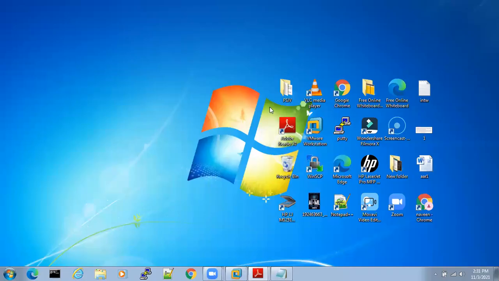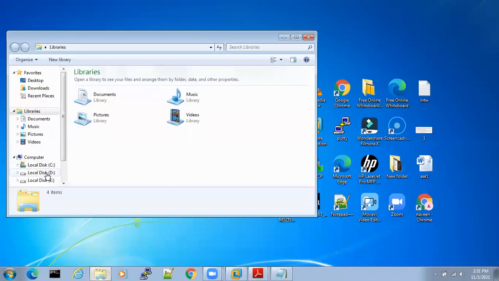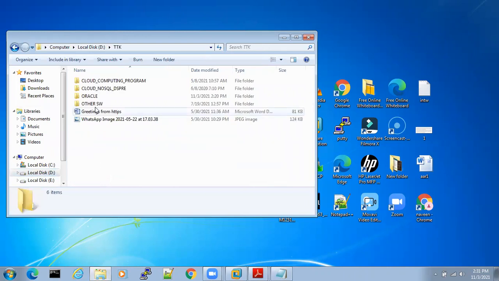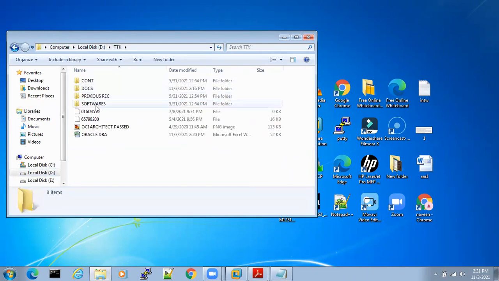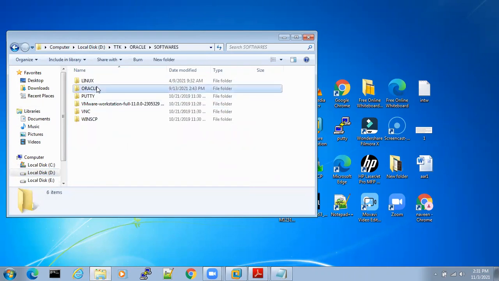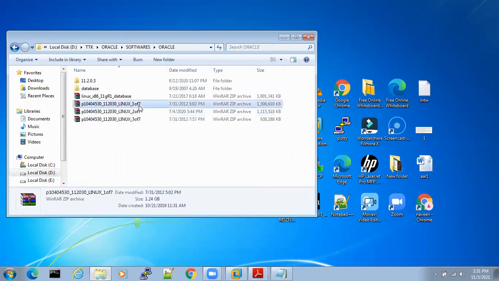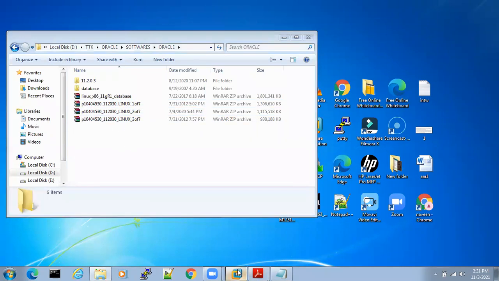The software is in my D drive, this is my 11g release 2, 11.2.0.3 software. I'll copy it from here to the Linux server using WinSCP.